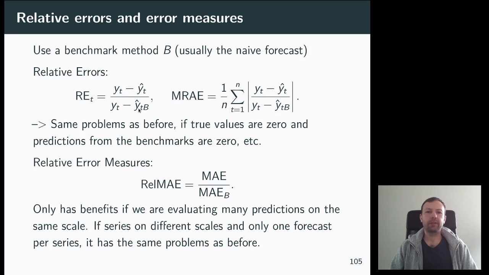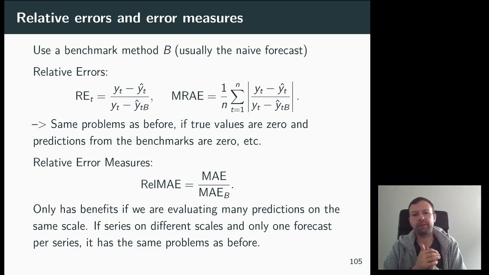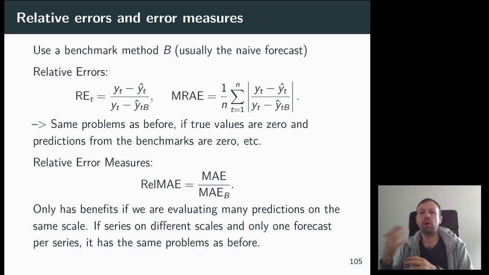So what about, instead of just dividing every error by the error of the benchmark, why don't we first calculate the mean over everything? So we get the mean absolute error, and then we divide that by the mean absolute error of our benchmark. This is a good idea. It's a good measure. If this is a naive forecast, I think it also tells you a lot, because if your measure is above 1, it means you are worse than even the naive forecast. So basically, any method that has a rel MAE of above 1 is basically useless.